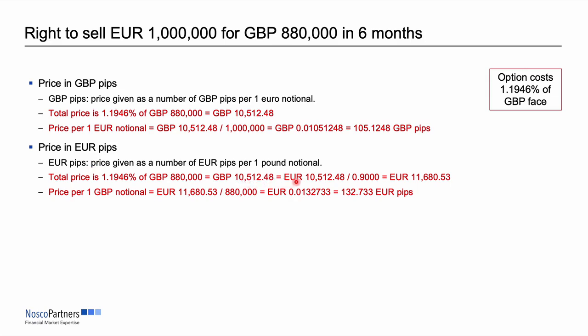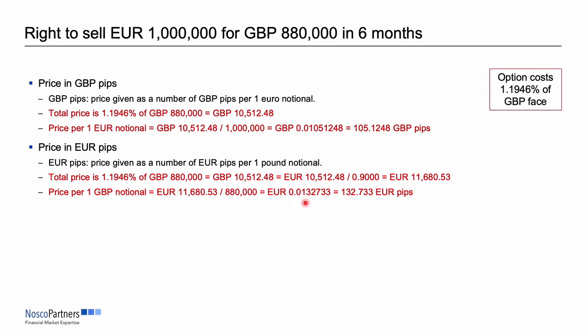If I convert this into euros, of course, at the spot rate, I would get a euro price of 11,680.53. But this is the price per notional £880,000. I need a notional of £1, so I need to divide this price by 880,000, and I get then